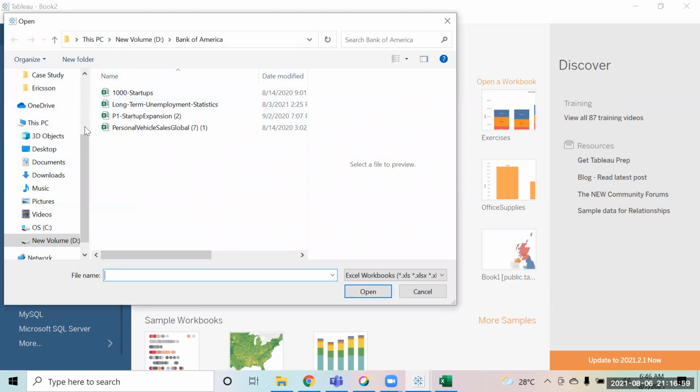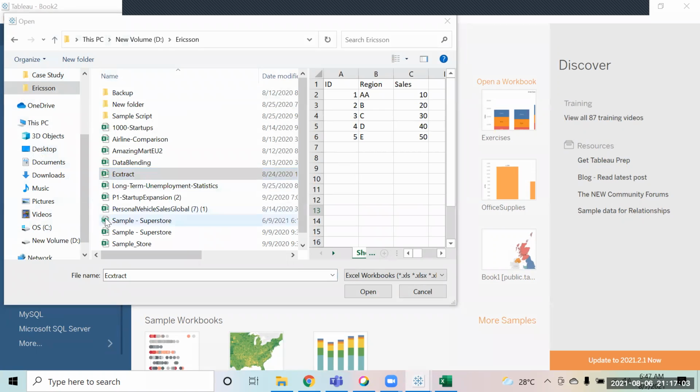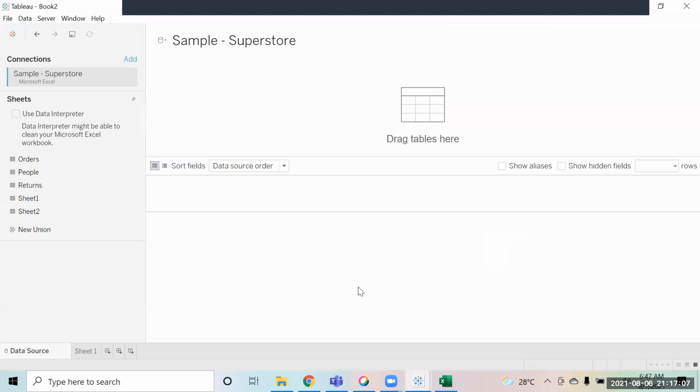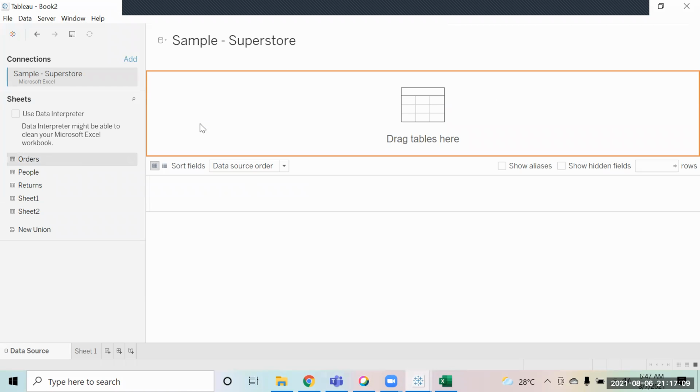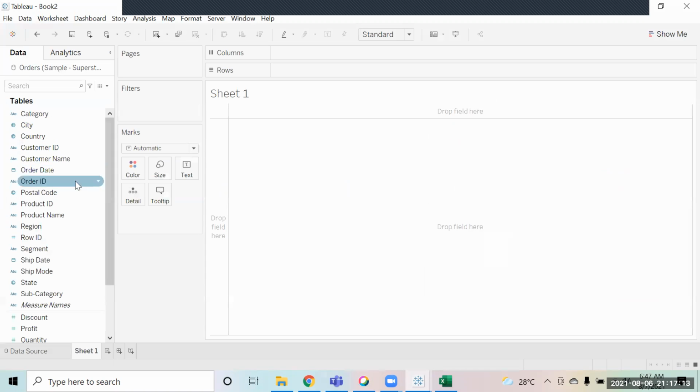Suppose let's pull the sample superstore data in this. Very simple task.